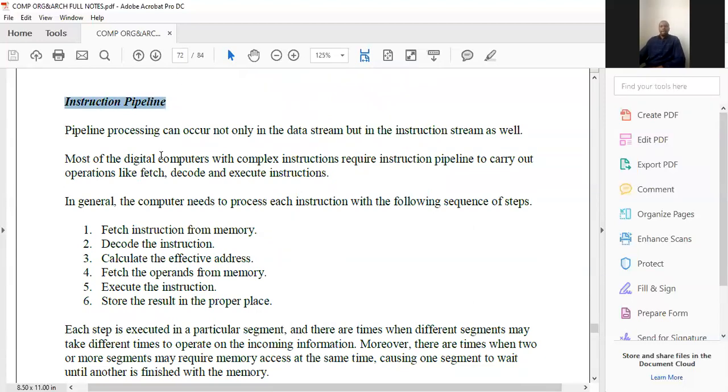Instruction pipeline. Now there's something called pipeline processing, and pipeline processing basically occurs when we are talking about complex instructions. Like we talked about the CISC computers, the CISC processors, the Intel Pentiums and the Motorolas. For those kinds of processors that deal with complex instructions per given microsecond, there is what we call an